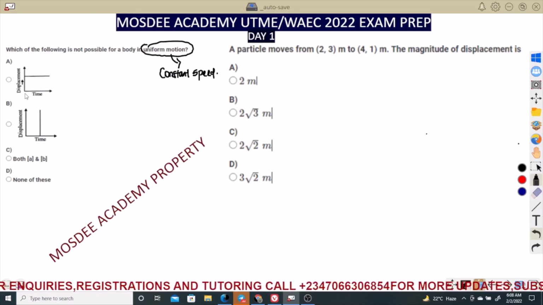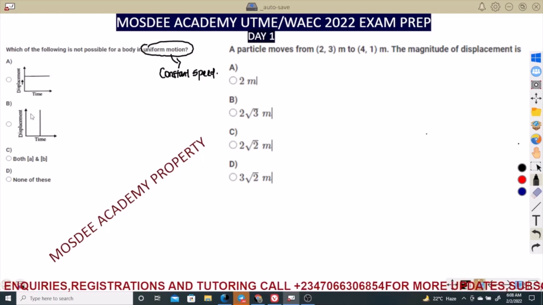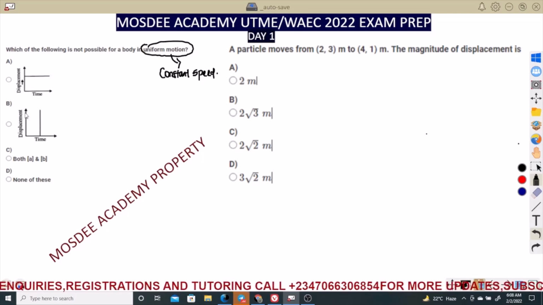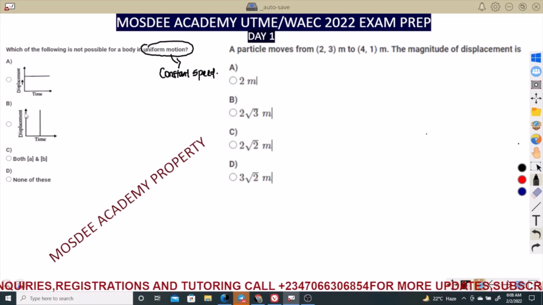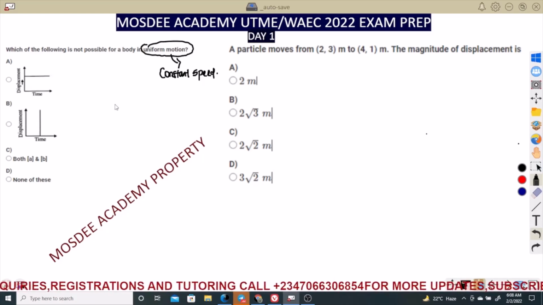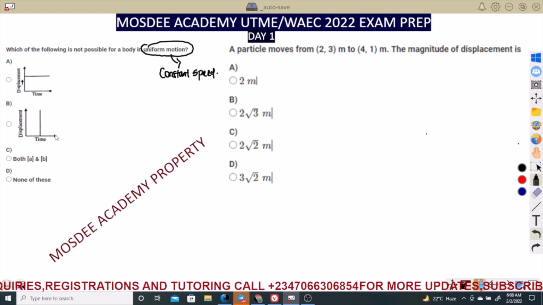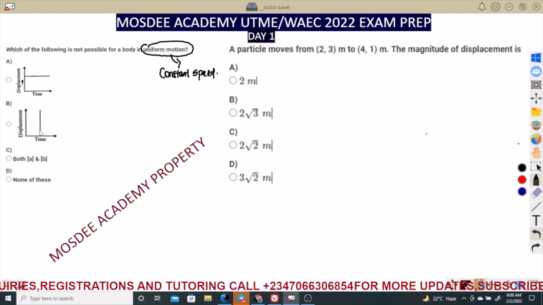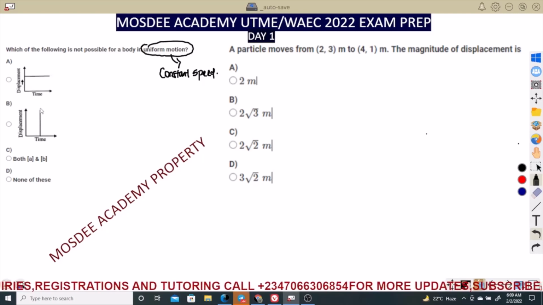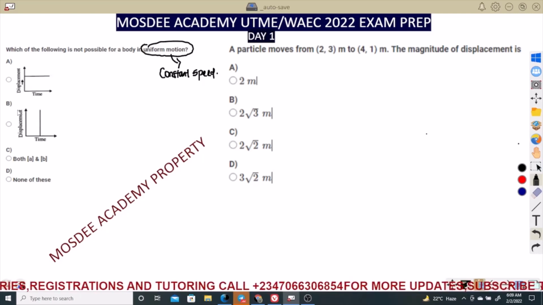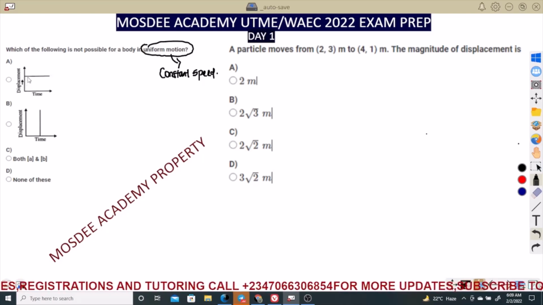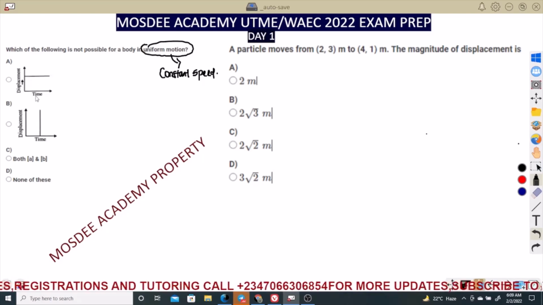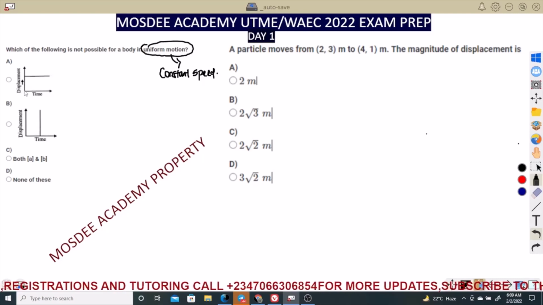So what you just need to get here, student, is that when you talk about uniform motion, that is a constant rate of change of what? Either displacement with time or velocity with time. By and large, what we are saying is that both A and B can be represented with this graph, because you can see the time here is constant, the time is not changing. Here, at different positions of time, you can see that the displacement is uniform. So my point here for you to understand well, I'm wasting too much time. I have a concept of this.